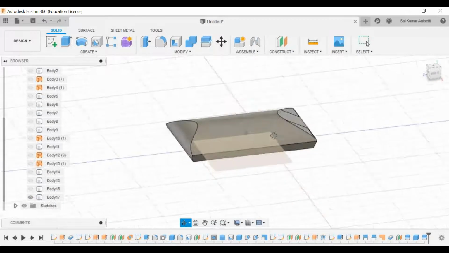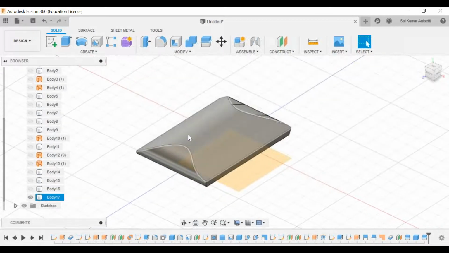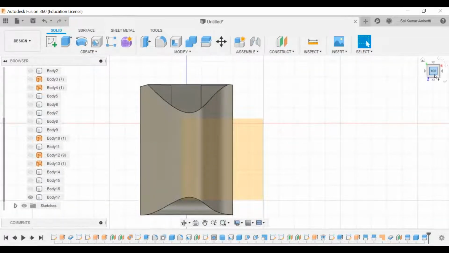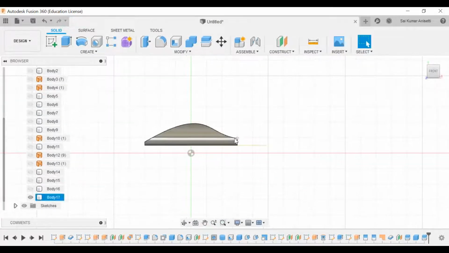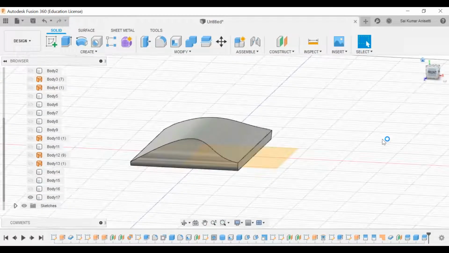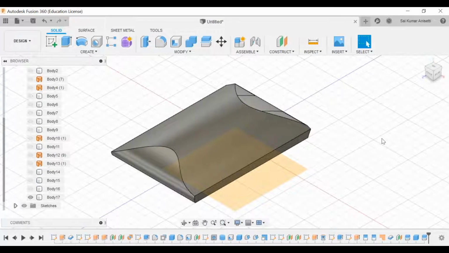But the surface designs, what it actually does is, if I give you an exercise to do this particular shape, if I give front view, top view, see, this is your top view, I will be showing that in top view. This is your side view. Then how do I get this isometric view? See, that is really tough. If I show this body and ask you to please model this particular body, you'll bang your head. How to get this particular shape?